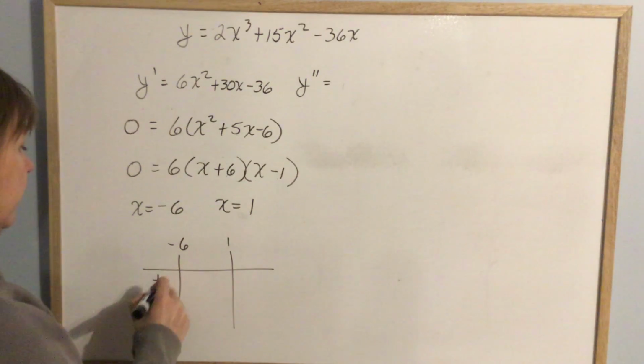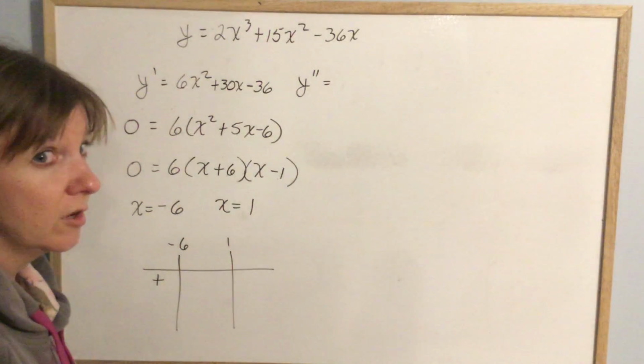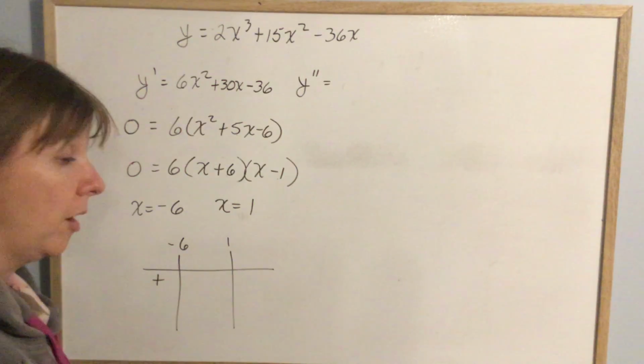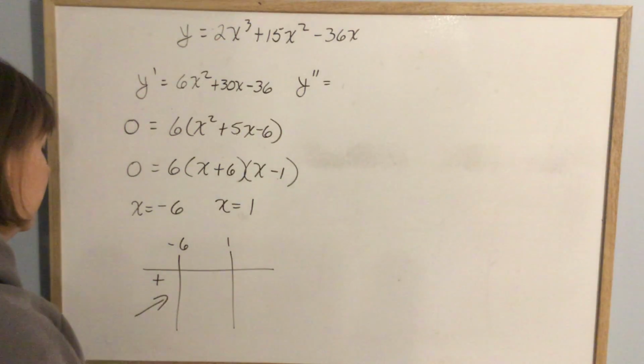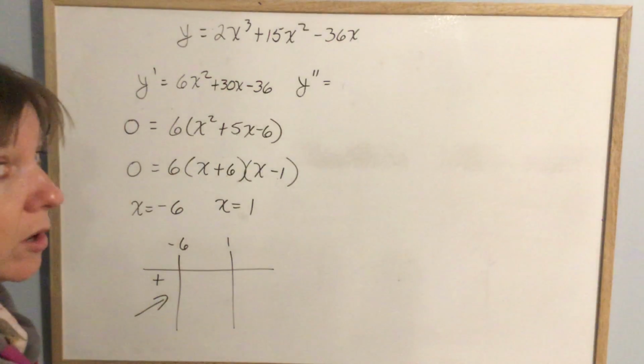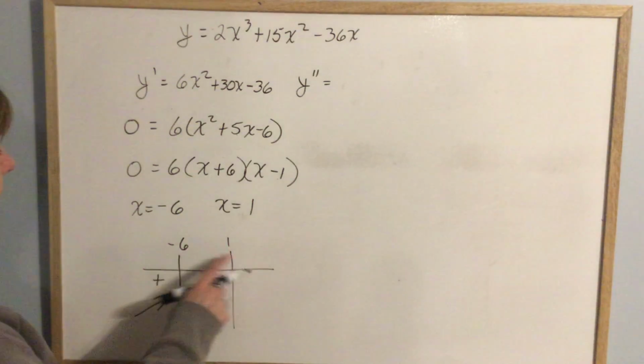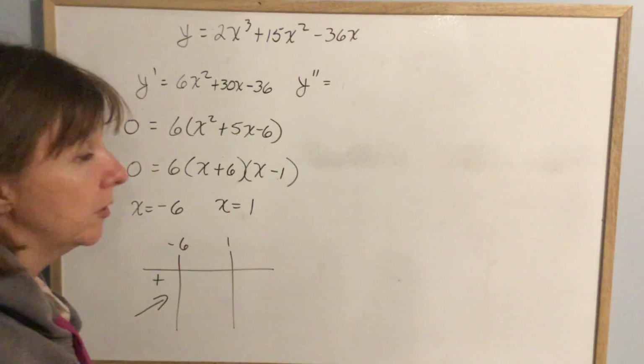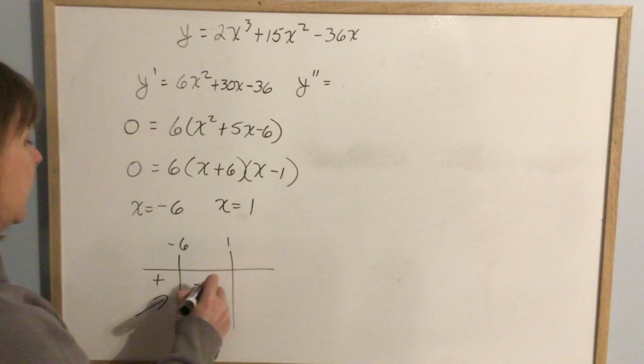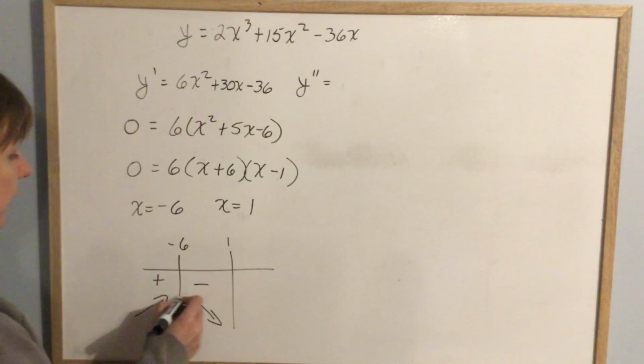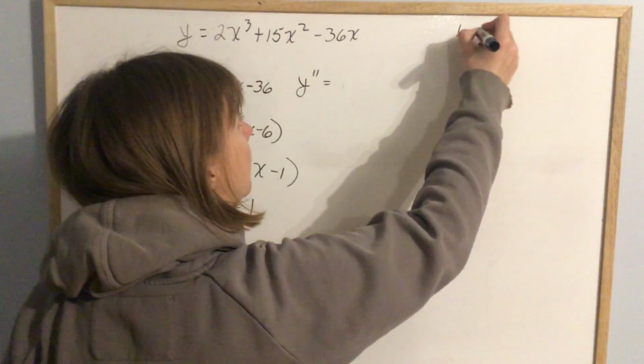I'm going to get a positive answer. I don't even care what the answer is. It doesn't matter. It only matters is it positive or negative. So therefore, it's increasing before negative 6. Between negative 6 and 1, well, obviously I'm going to pick 0, which is going to give me a negative answer, so it's decreasing. That means I have a local max